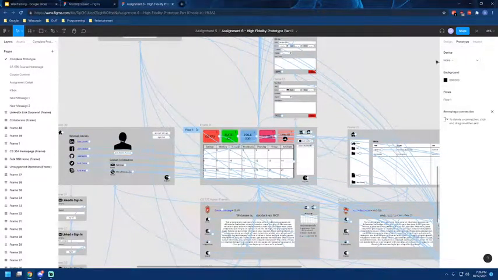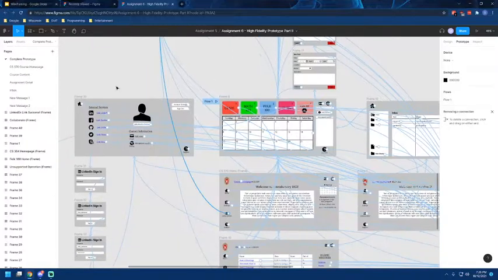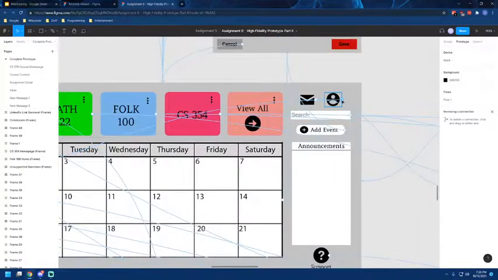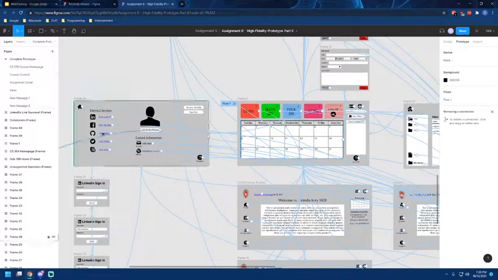So the way you set that up is if you've encompassed everything in these frames, which you can make in this menu in the top left here, then you're able to make links from one element to another. So if we zoom in here, you can see that this profile icon has a link that points over to this profile frame. And if we go ahead and hit play up here,